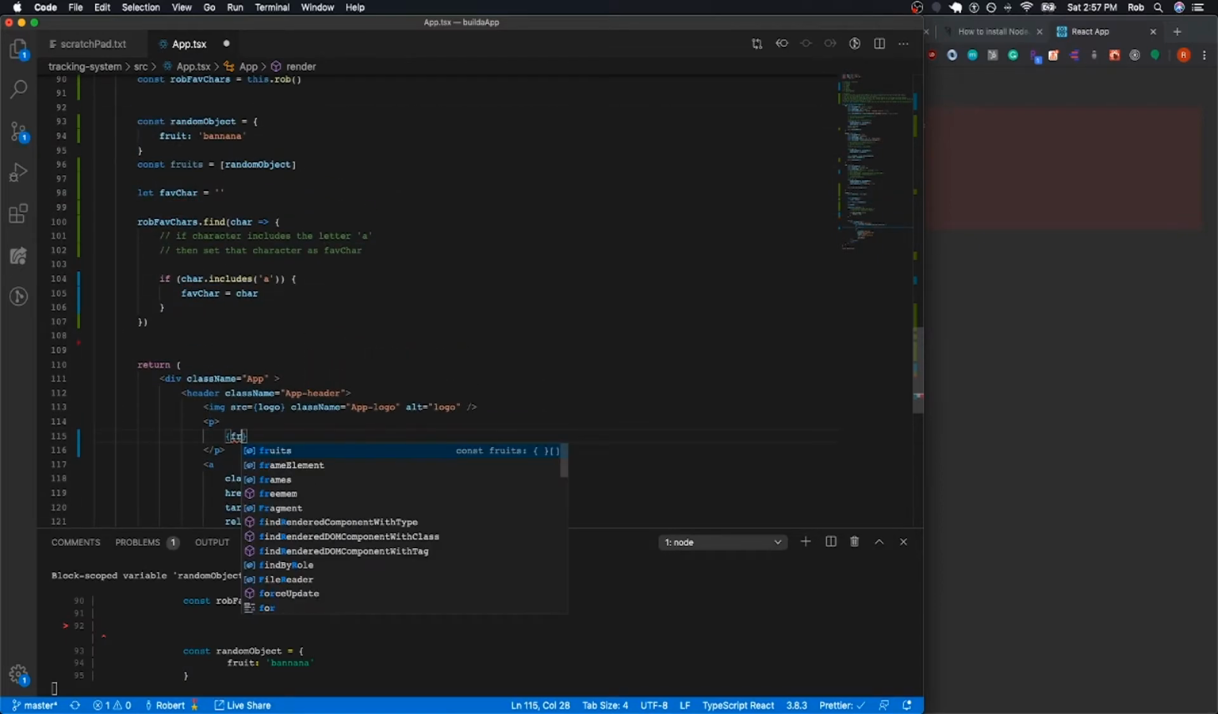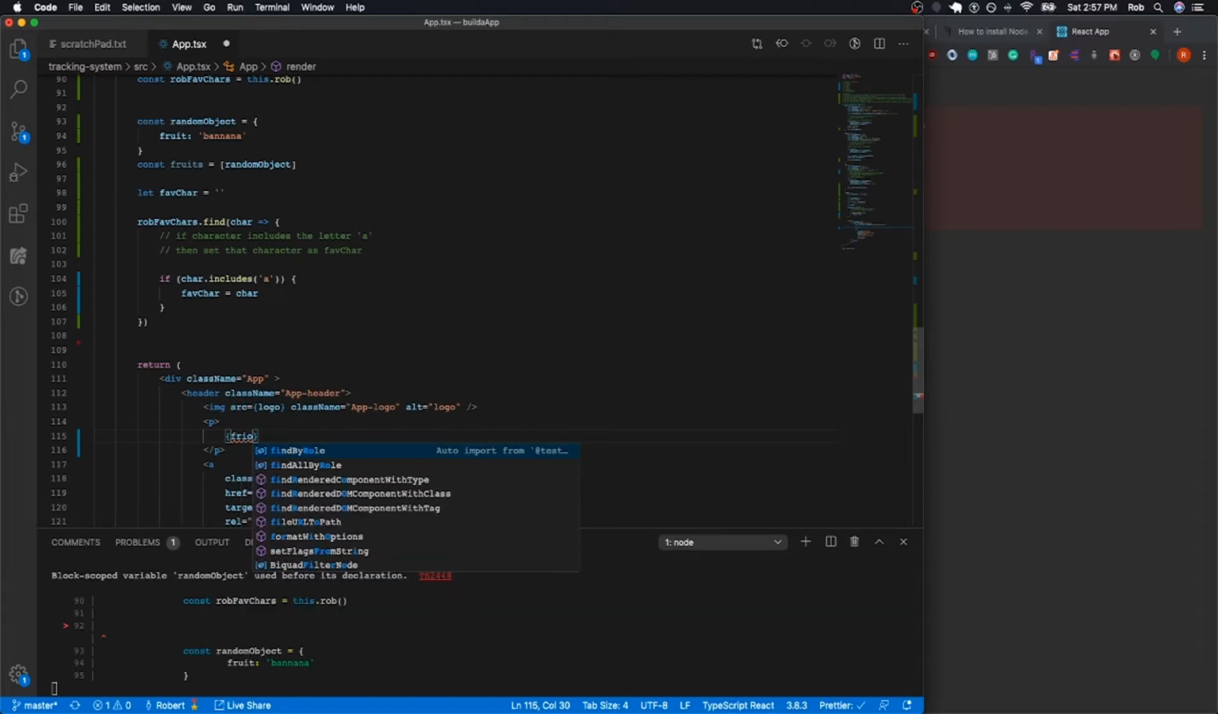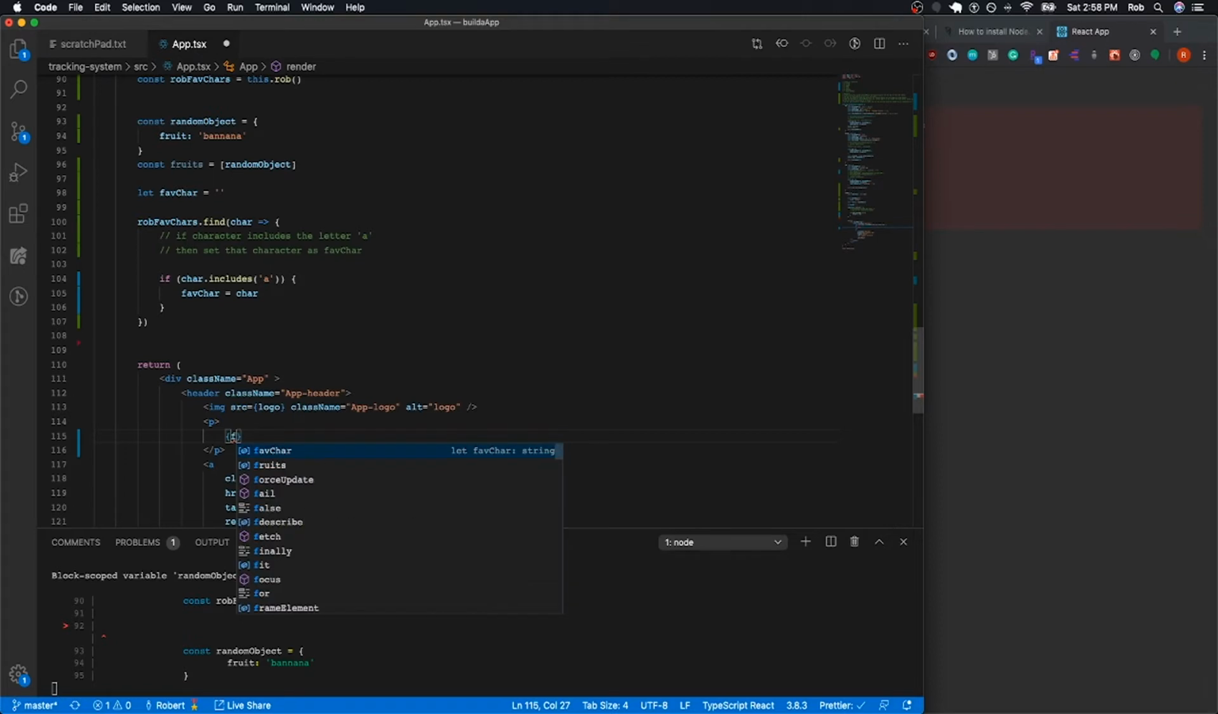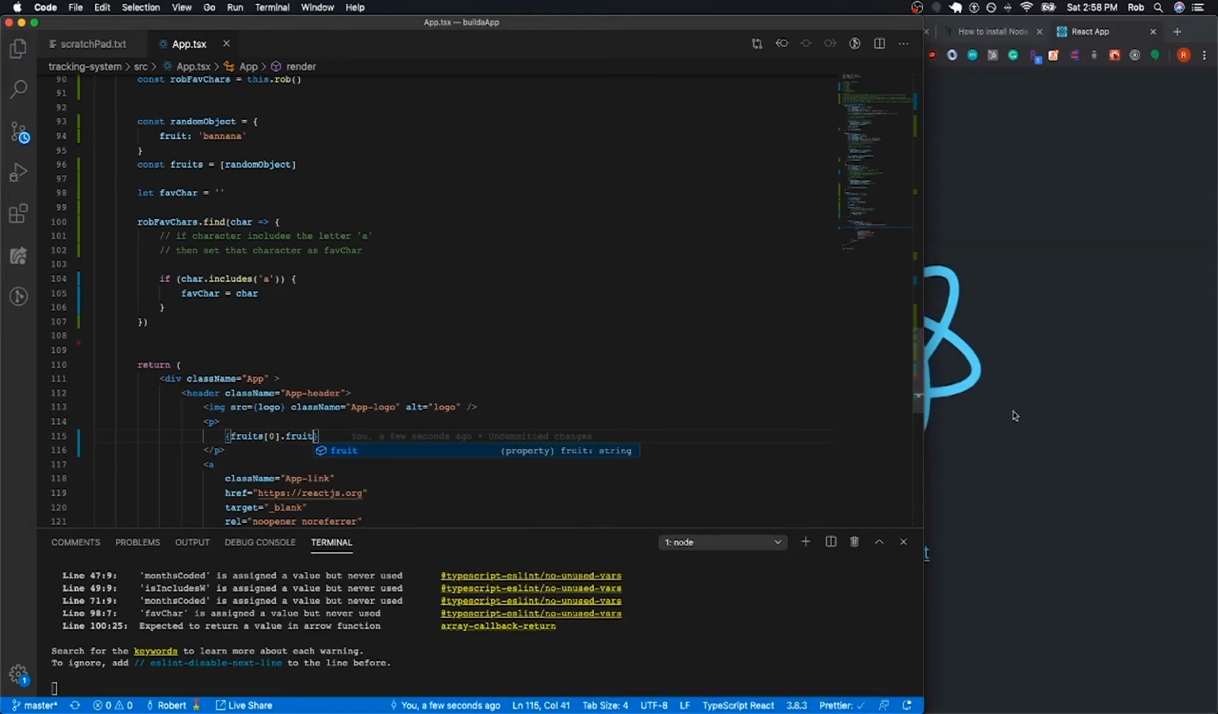Okay, so now if I were to try to do fruits, oops, actually, it was fruits at index 0, that'll get me randomObject, and if I did dot fruit, that'll get me banana, right? But if I were to say at index 1, which does not exist, and then try to save this, the